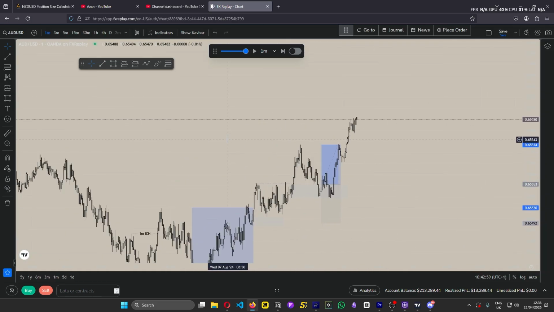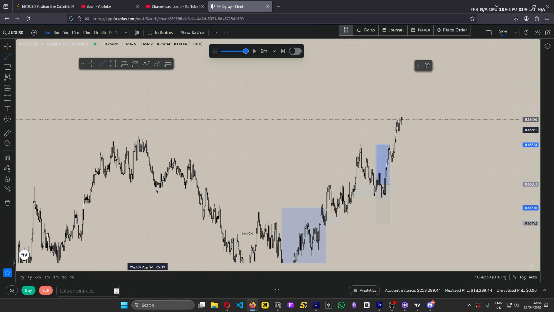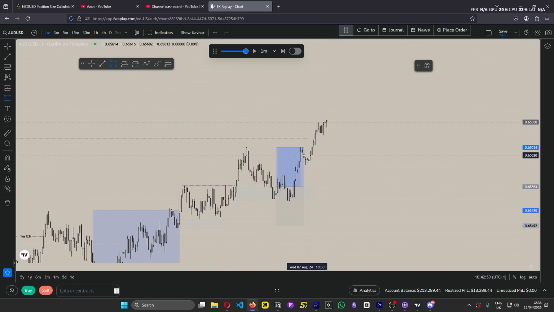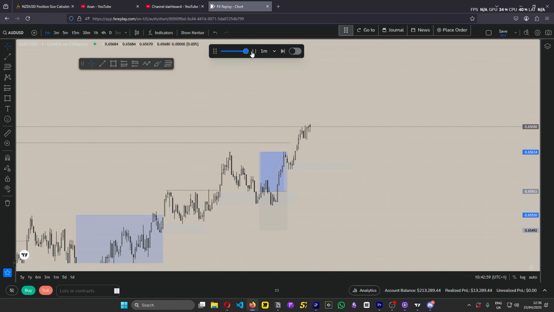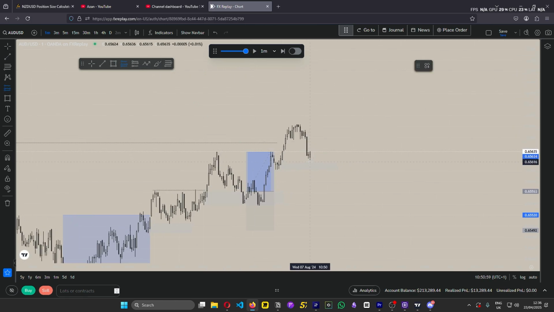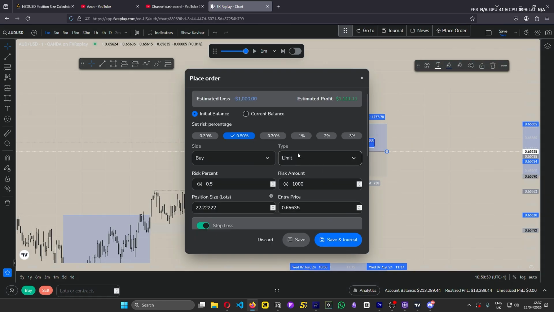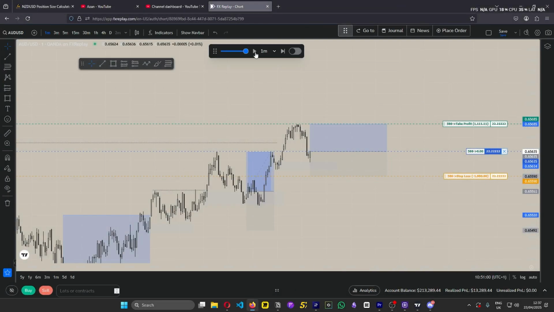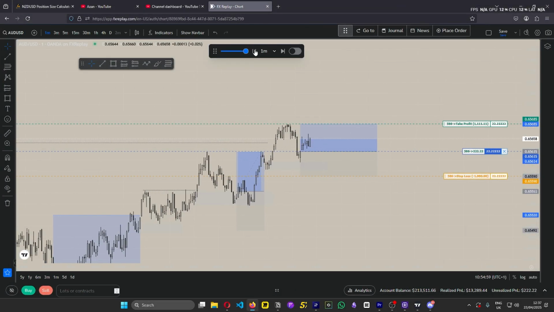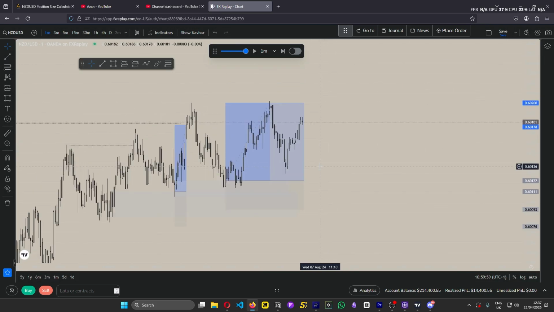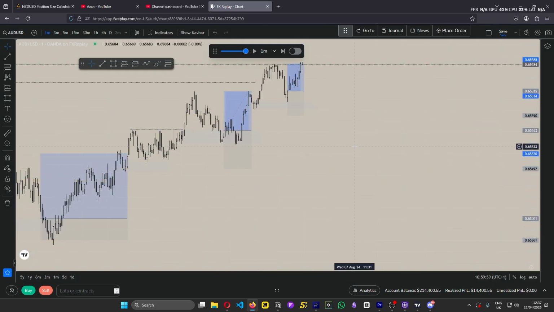Amazing. Then as it's breaking this high, we are looking at this next continuation. This is the last break. Does it come back? Oh my god, wait. Okay, I should have entered ages ago. Now I'm gonna get a terrible R, but I'll take it anyway. It's fine. Okay, amazing. 1-to-1. I'll still take it. Doesn't matter. This one, equal highs. I'm not gonna focus on this garbage.